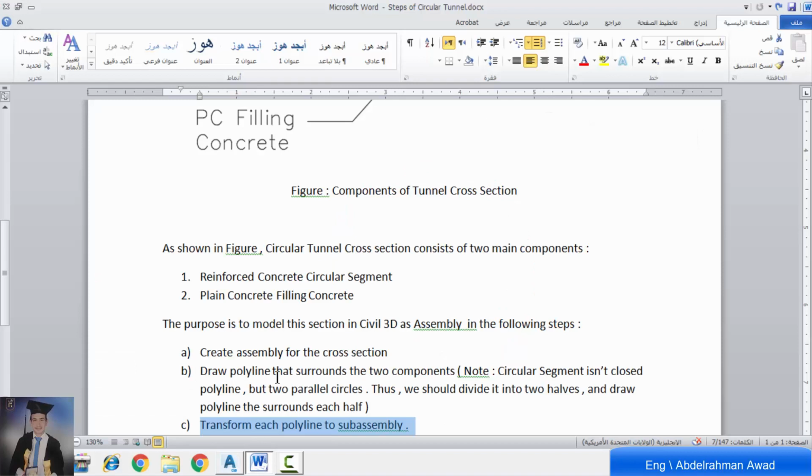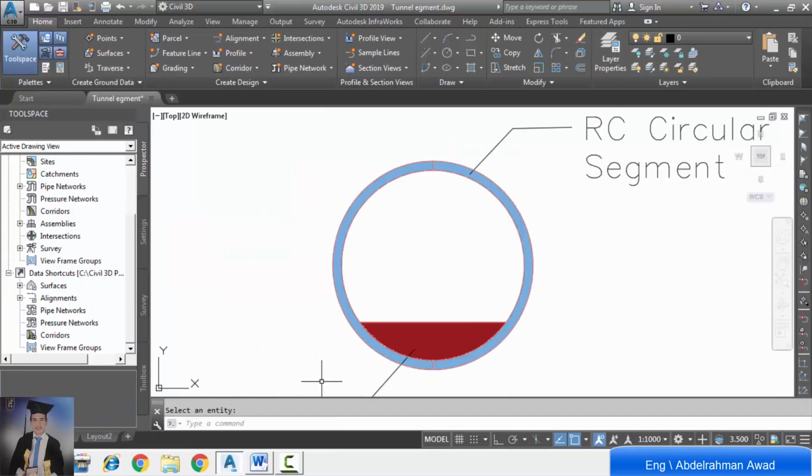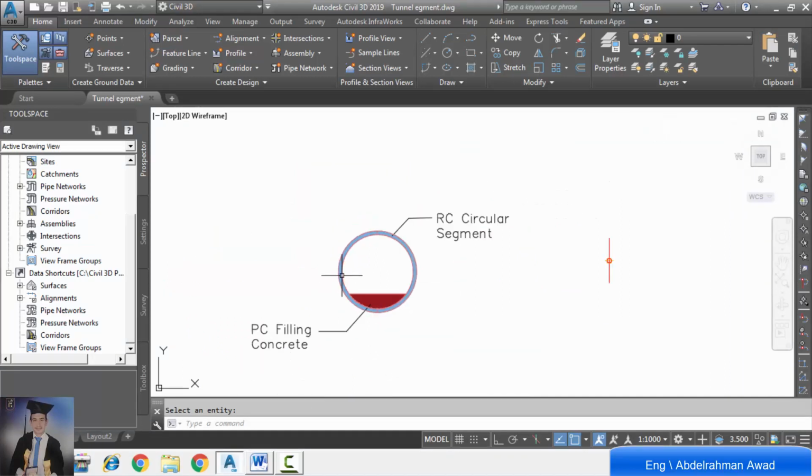Now we will turn to the fourth step, which is to modify the origin of each sub-assembly to the assembly center line. The purpose of this step is to add each sub-assembly to the main assembly.